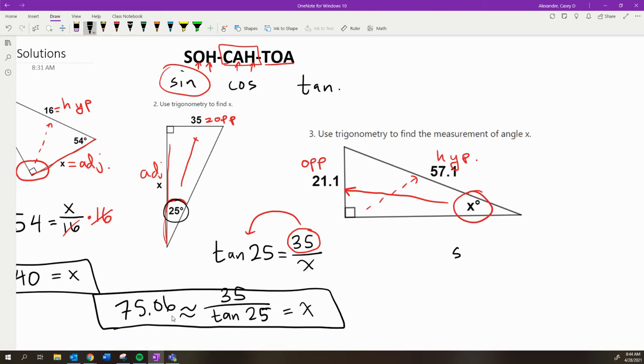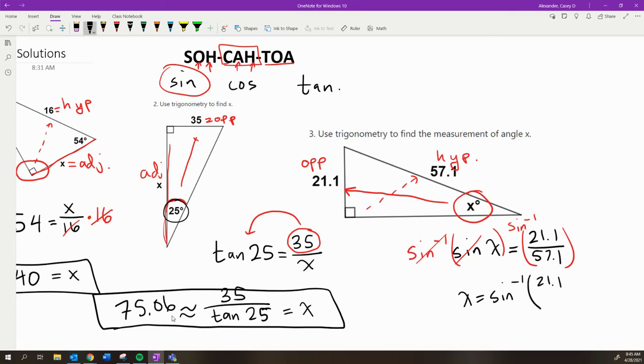And so we would say the sine of the angle. Now, in this case, the angle is unknown. So it's just the sine of x equals 21.1 over 57.1, like that. And in order to get that x by itself, we just do the inverse sine. Remember, this is the function that undoes the sine function. These two things undo each other, and so we have to do that same thing to the other side. So it turns out that this angle is equal to the inverse sine of 21.1 over 57.1,